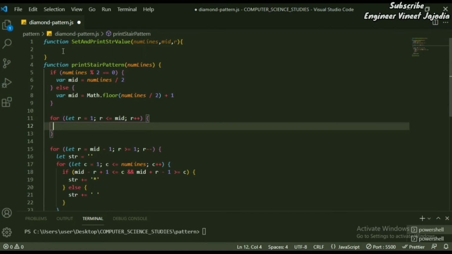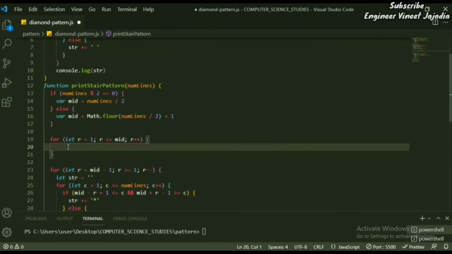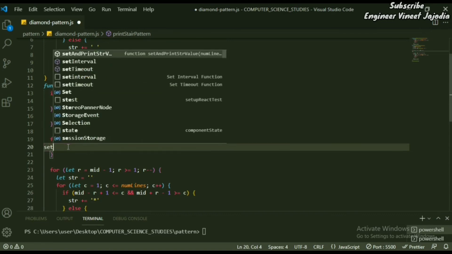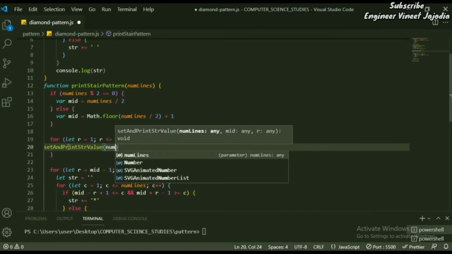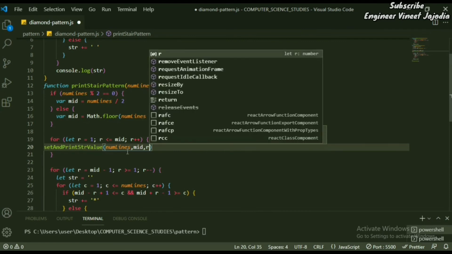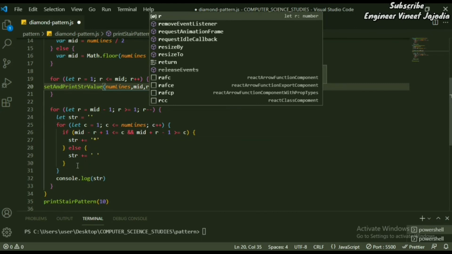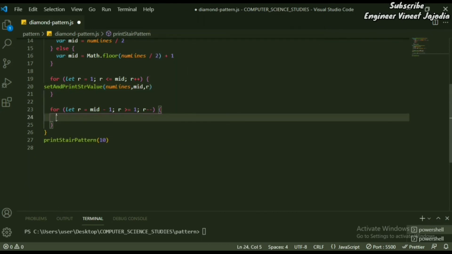Cut and paste. Now we call the function we have declared and defined: set and print str value. We pass it the number of lines, the midpoint, and the row on which the loop is running. Down below also we delete this code and call this function, and we save it.